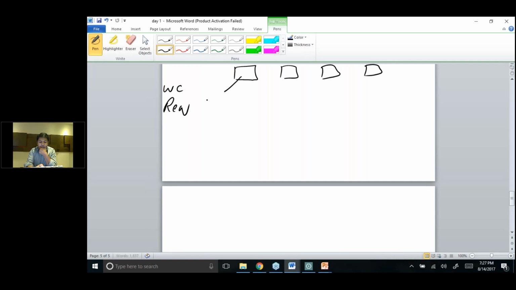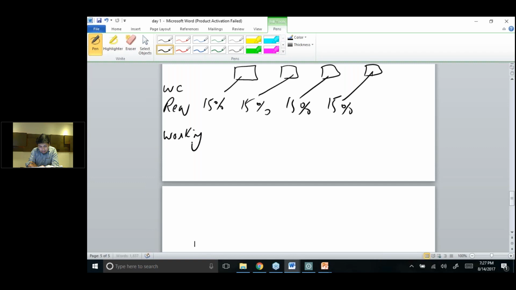Take 15% of this, then take 15% of this value, 15% of this value here, and then after doing this, calculate working capital